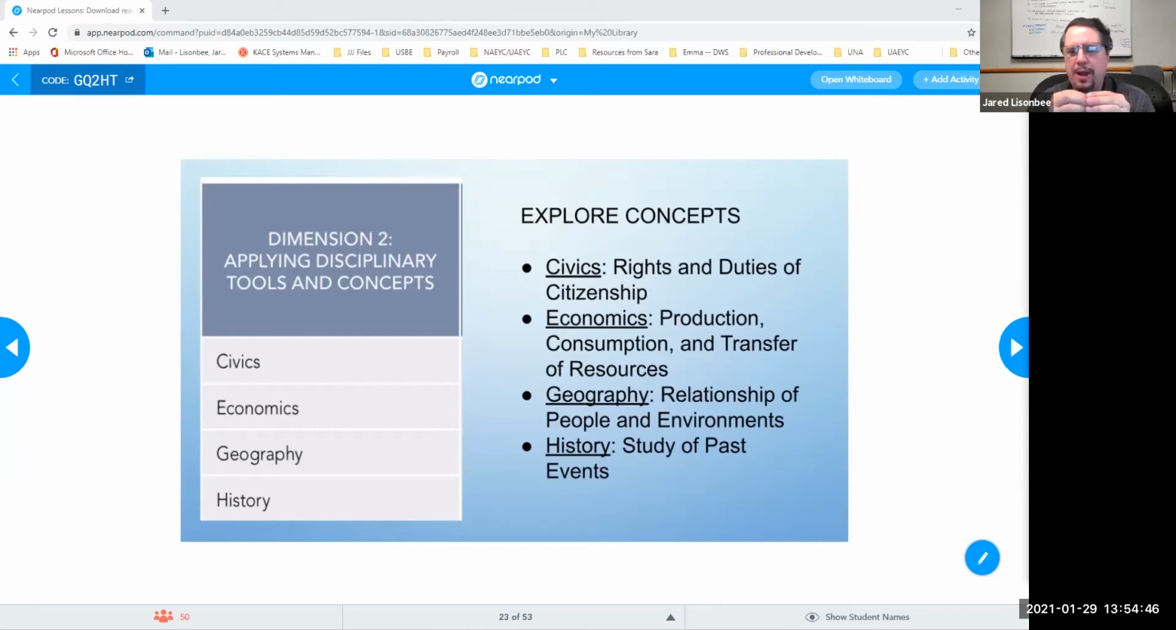What is my right in this classroom environment? What is my right in order to do things like access materials, to have my chance at playing with different toys or at different centers? The idea of economics: production, consumption, and transfer of resources. This is a little bit tricky in early childhood settings, but there are some basic foundational things that we can do as far as, if there's limited resources,